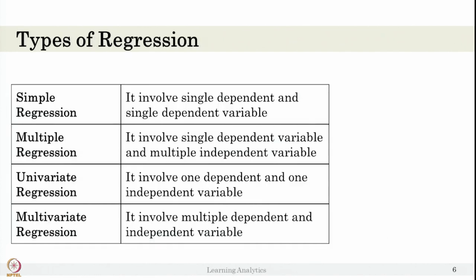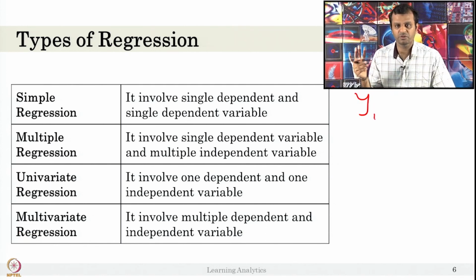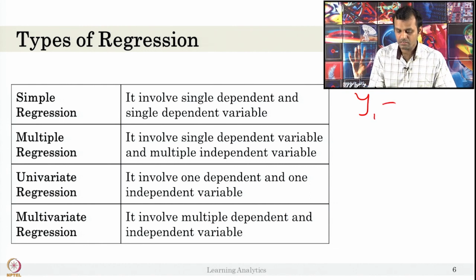So, there are 4 types of regression other than the diagram shown in the previous picture. Let us take the linear regression only. In that, the simple regression means it has one independent variable and one dependent variable. What it means is that y is 1, there are no multiple things you are predicting, it is 1, and we have